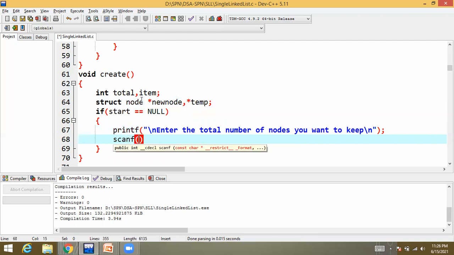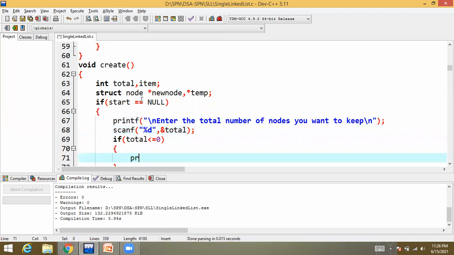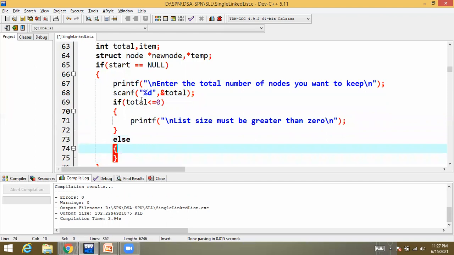Whatever input you have given, I'll keep in the total variable. But if someone has wrongly given a total number of values less than or equal to 0, then give a simple message, list size must be greater than 0. So at least a single node should be there in the list.